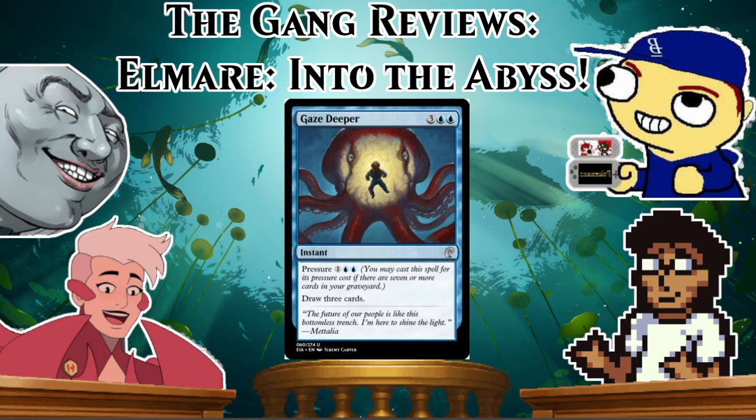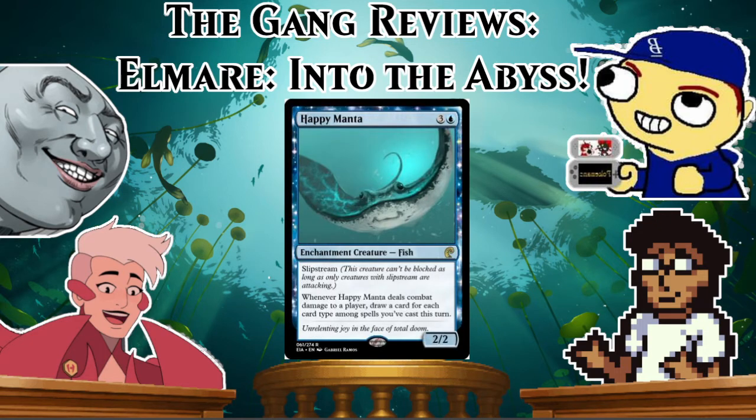Okay, and next up we have Happy Manta, another blue meta draw spell, which is technically still a draw spell. It's 4 mana for a 2/2 with Slipstream, but when it deals combat damage to an opponent, you draw a card for each card type among spells you've cast this turn. It itself is an enchantment creature, so if you have some way to give it haste, it'll draw 2 cards, but usually you probably want to play this in a Concord-like deck,